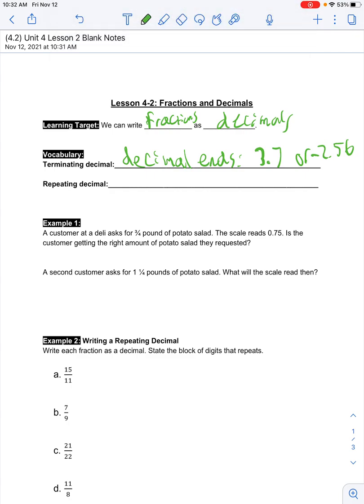So for example, 3.7 or negative 2.56, again, it stops. Whereas a repeating decimal continues on forever and repeats. So it could be something like 1.77777 dot dot dot, or it could be something like